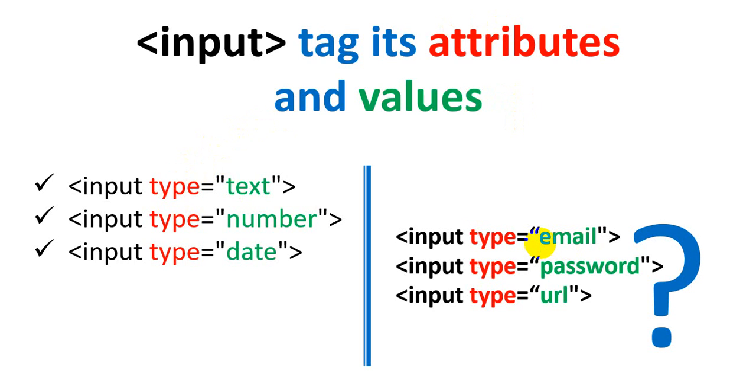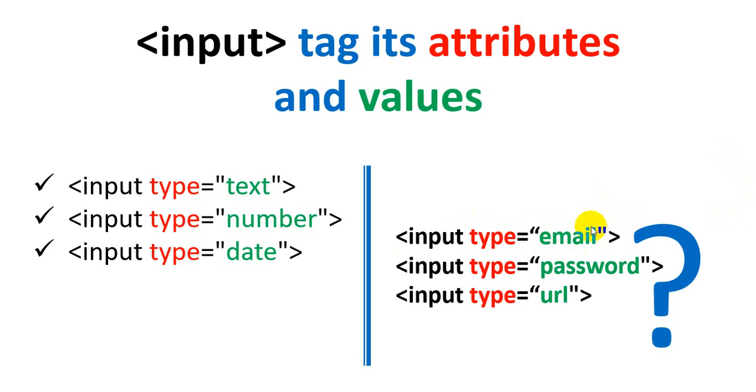For example, if I say you have to enter contact number, you cannot enter contact number in 5 digit, 4 digit, 2 digit, because contact number has certain rules and regulations given by the TRAI, that is Telecom Regulatory Authority. So contact number, mobile number must be in 10 digit. In the same way, if you are going to add an email ID, the email ID already has certain rules and regulations which you have to follow. If you are going to add an email ID, you have to have at least one dot and one at the rate symbol. So we have n numbers of rules and regulations.